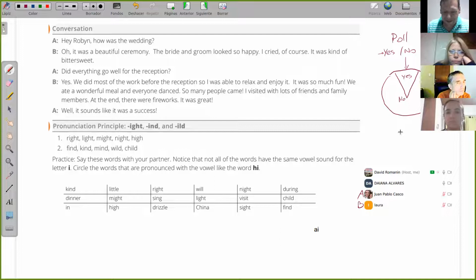Yeah, you said it right. The majority of... Most is, like in this case, most of the work. So there is a lot of work before a wedding reception. You have to cook, you have to decorate, you have to bring the cake, you have to wear or